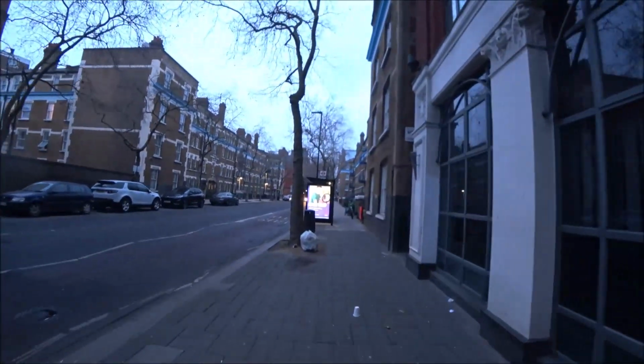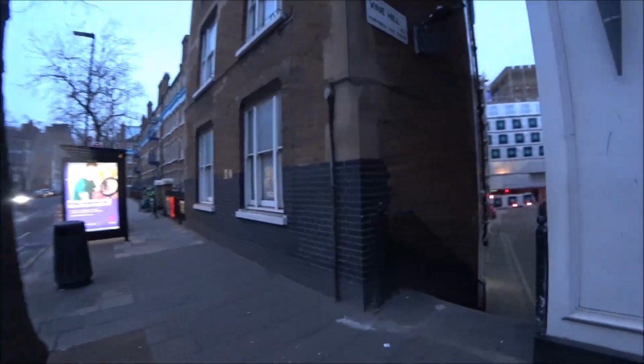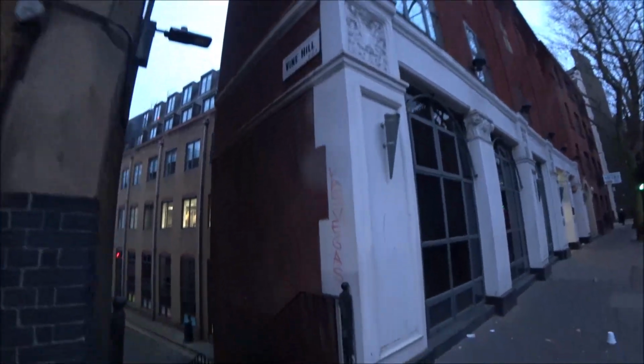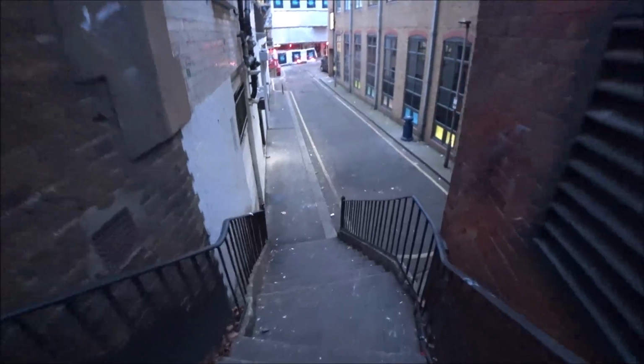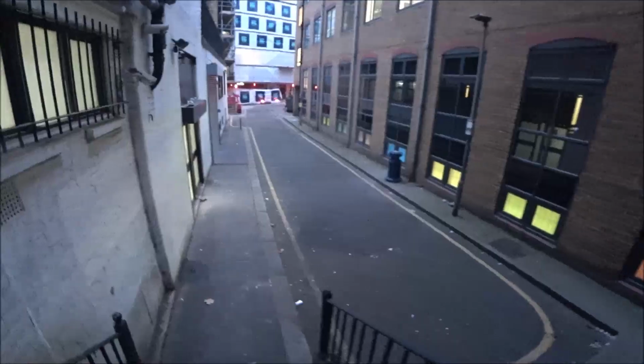So I'm going to take you down this Vine Hill now. Vine Hill. Not much to see down here really. And there's a little bit of rain in the air as well. That's no good for the lens because this ain't waterproof, this camera, but